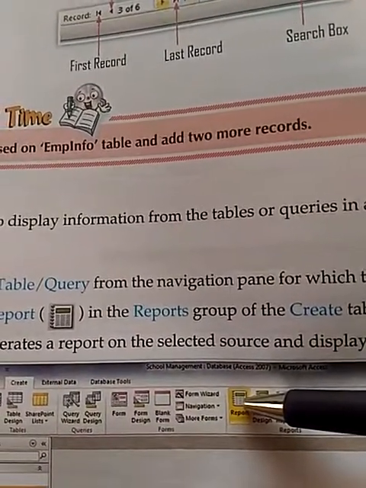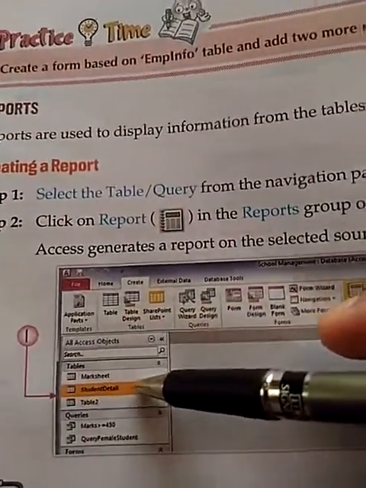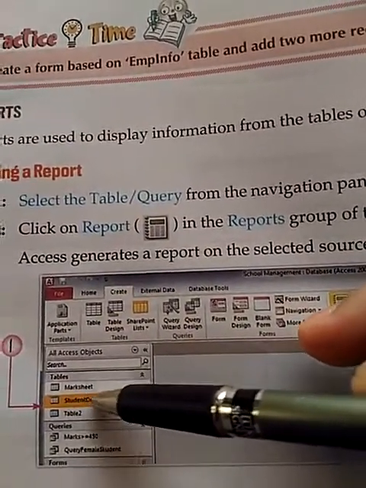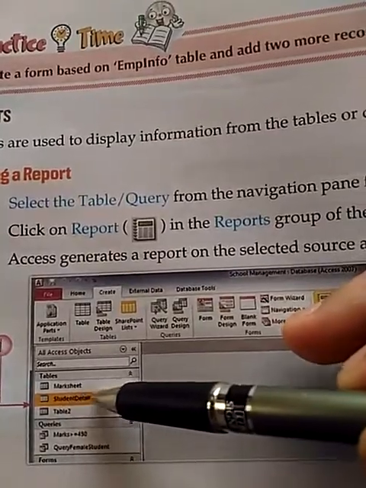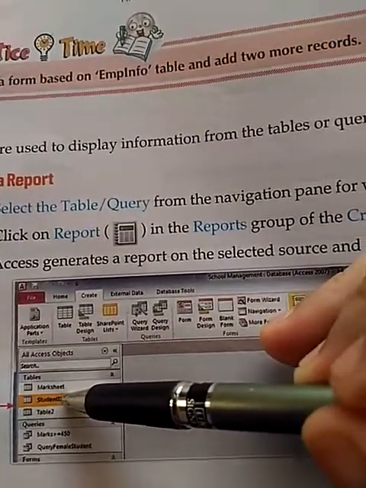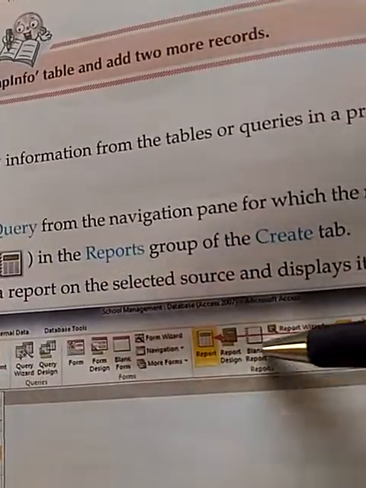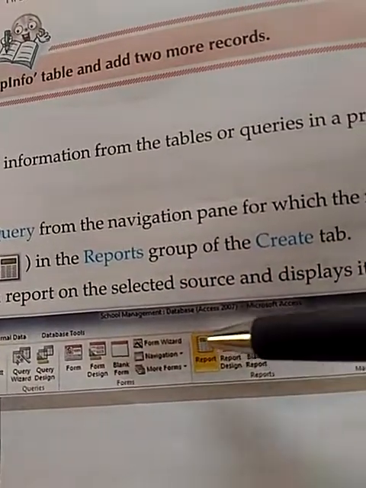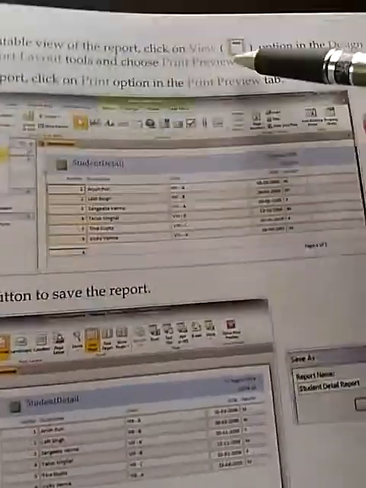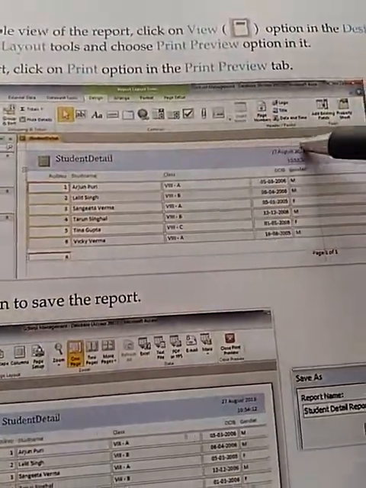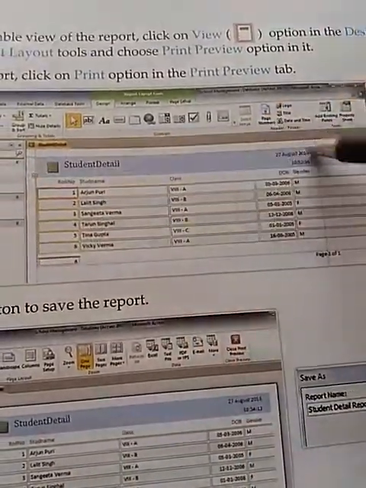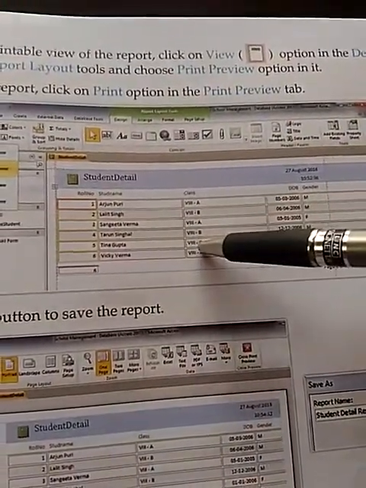First, you need to select the table on which you want to create the report. After that, click on the create tab. After that, move to the report group. In the report group, click on this report. As soon as you click on this report option, you will find the report of the data in the working area here.